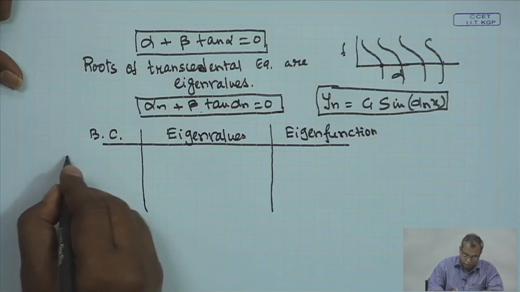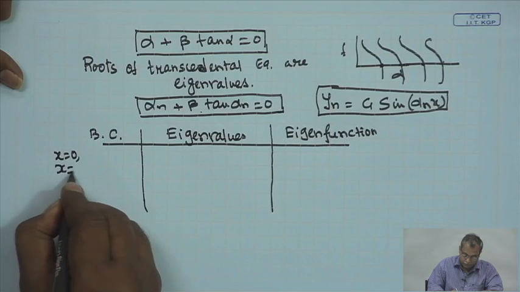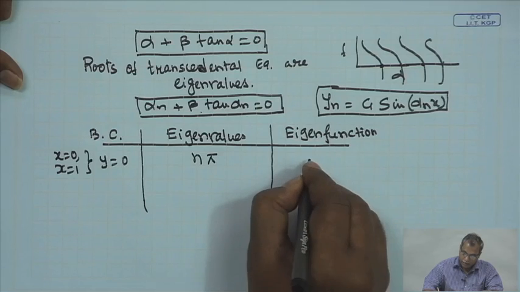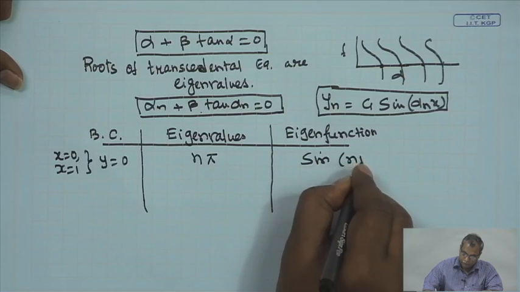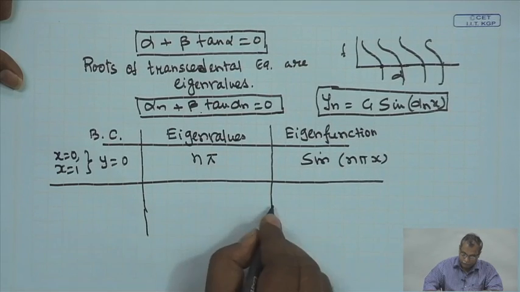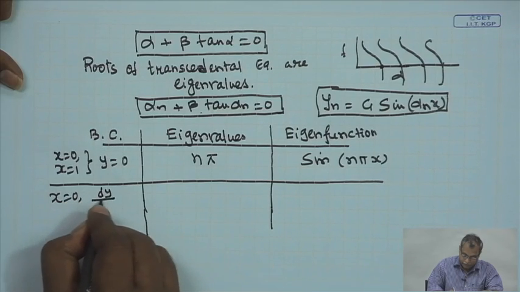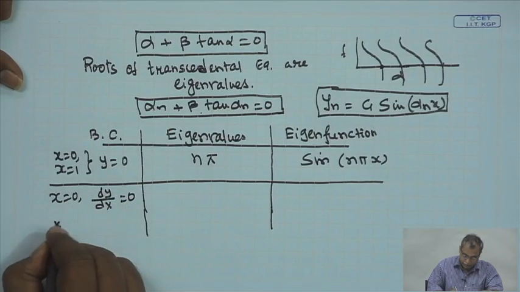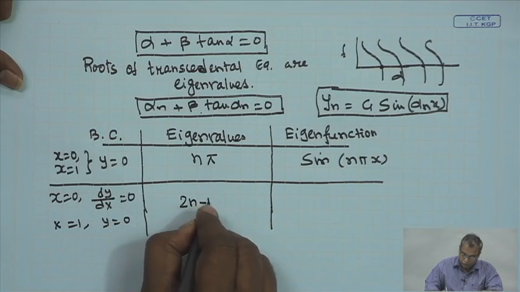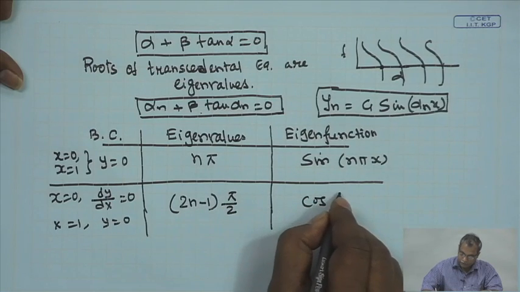If we have Dirichlet boundary conditions at x equal to 0 and x equal to 1, y equal to 0, then the eigenvalues are n pi and the eigenfunctions are sin n pi x. If the boundary condition at x equal to 0 is dy dx equal to 0, that means a Neumann, and at x equal to 1 we have a Dirichlet, then 2n minus 1 pi by 2 are the eigenvalues and cosine functions